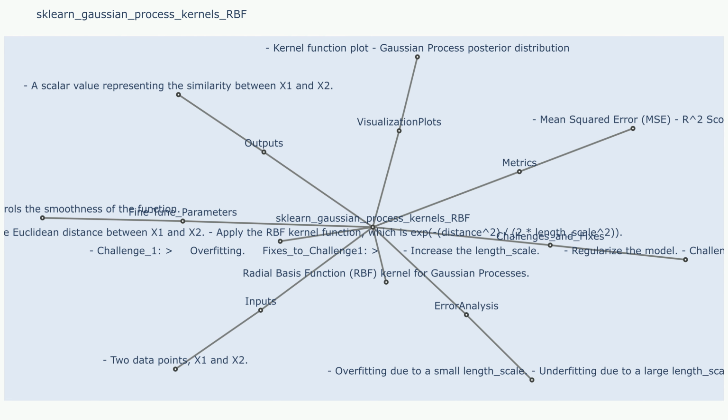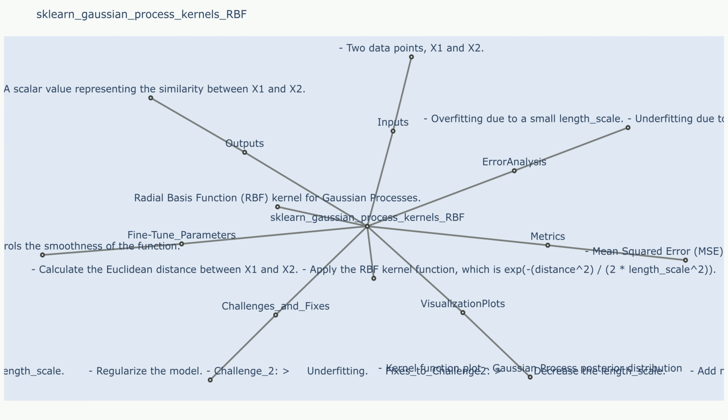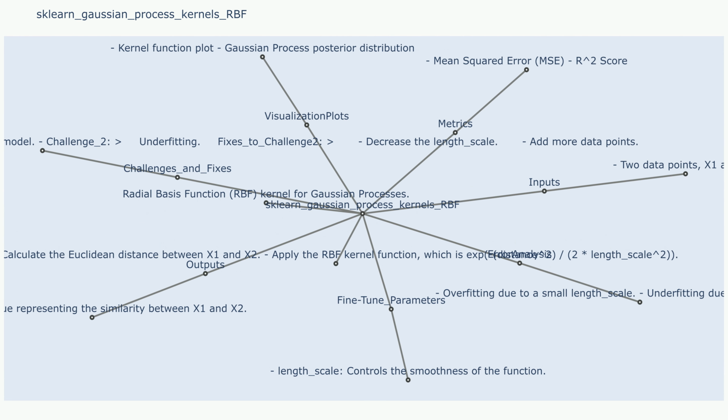Uncertainty methods. Uncertainty method 1: explain in detail predictive variance. The GP model provides an estimate of the uncertainty in its predictions based on the training data and the kernel function. This uncertainty is represented by the predictive variance, which is higher for regions where there is less training data.